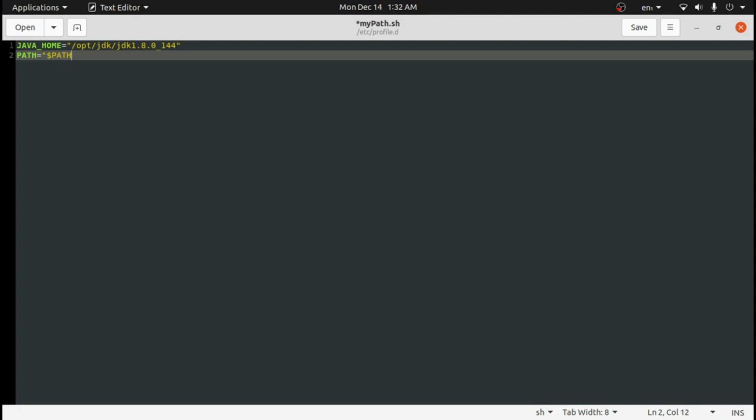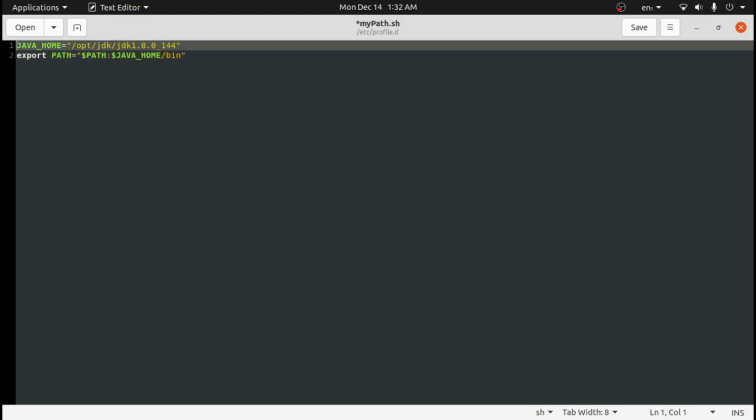For the PATH variable, first we grab the already existing path variable and append ours. We can use the direct path, or here we can also use JAVA_HOME, which we just created above it, and we need up to the bin folder. So these variables are set, but we need to export these variables to be available.